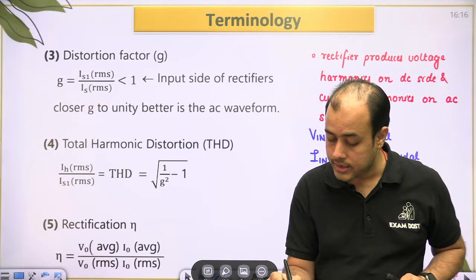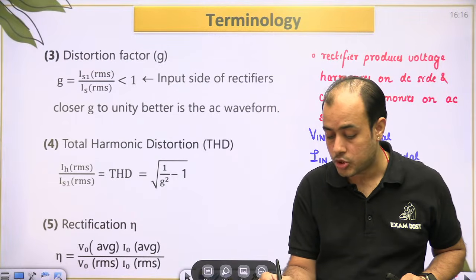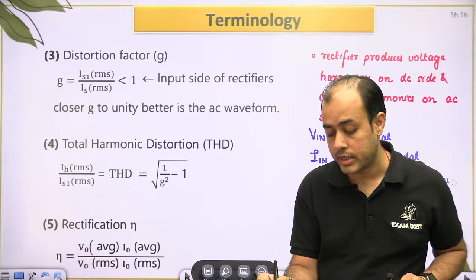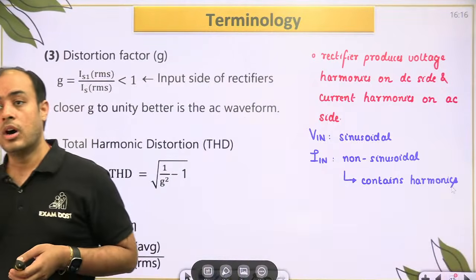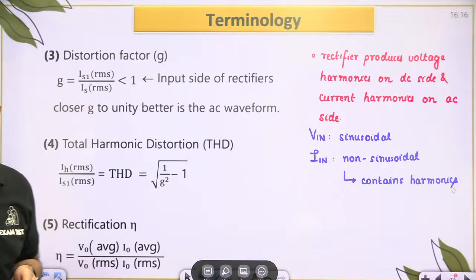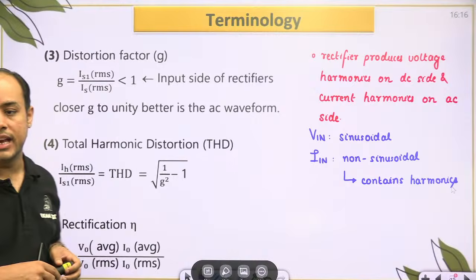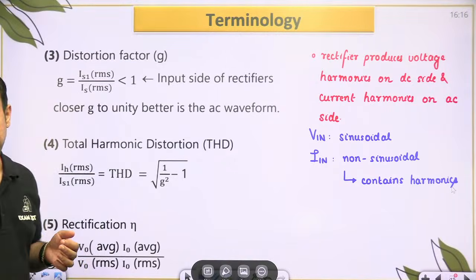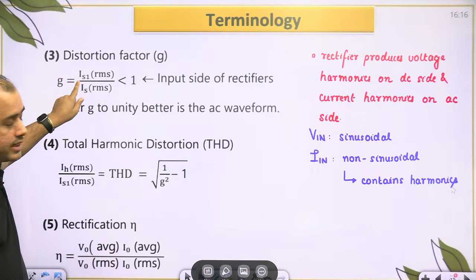Now what is desirable? It is desirable that the input current should be sinusoidal. So for I in, the only desirable term is the fundamental. I in का जो desirable term होता है fundamental होता है, ठीक है।